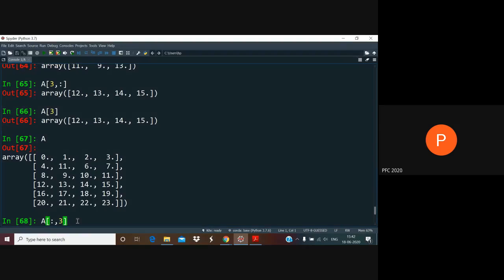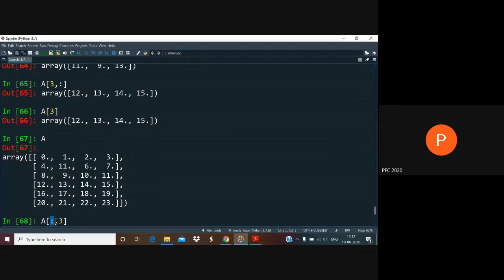Suppose I just want to take the 3rd column, in which case, remember there are only 4 columns here, so 3 is the last one. I want just the 3rd column of this whole 2-dimensional matrix-like thing. So what I have to do is say this: take the entire slice along the 0th axis, from the beginning till the very end. That's why you have nothing before the colon, nothing after the colon. Then you follow it by the comma.